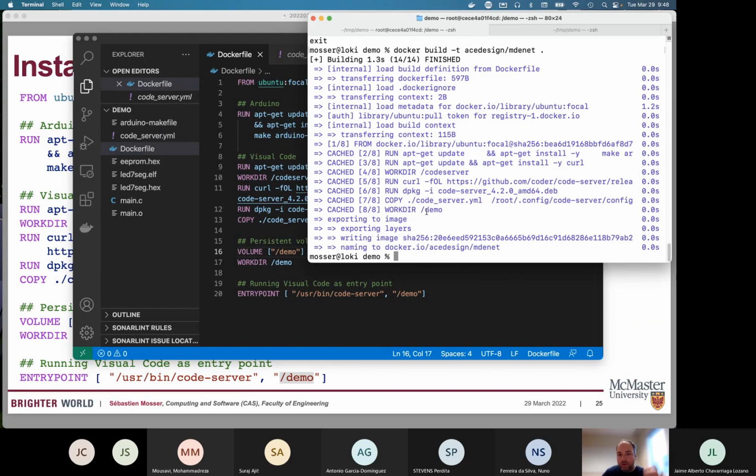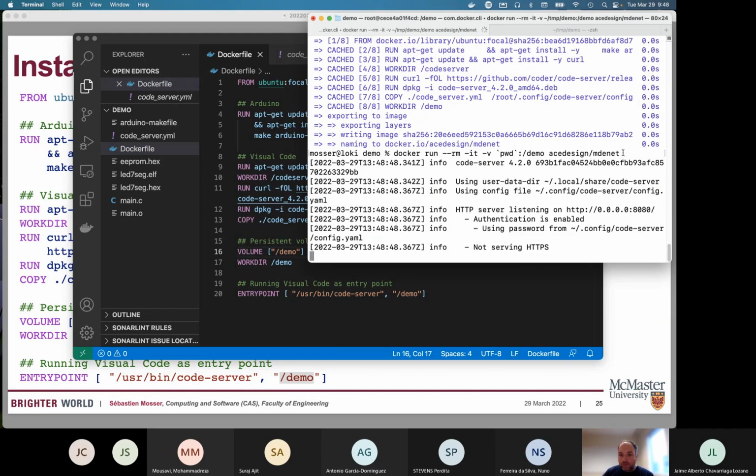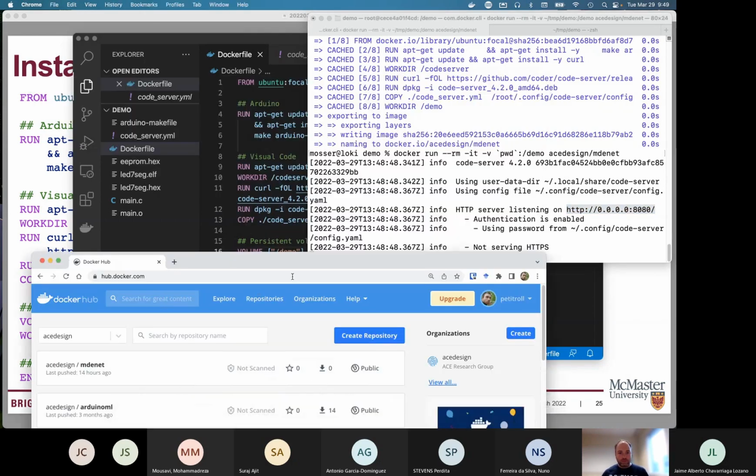And now that we've built, everything is cached on my computer because I've run it like yesterday, but if you haven't cached it, then it would download the stuff and actually install it and everything. Now that we have this, we can basically run the image. And so now, instead of starting a shell, it basically started our HTTP-based IDE. So I can go to this URL and